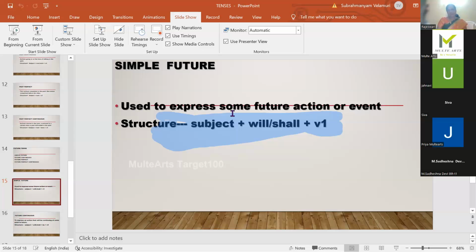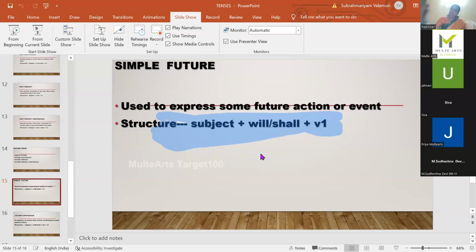Now, when it comes to third person singular, we use he, she, it. It is used generally for things, animals, such. He is used for a male person. She is for a female. And they is the plural form of the third person. So we shall use shall for the first person, both singular and plural. I shall come tomorrow. We shall come tomorrow. So shall goes with I and we.